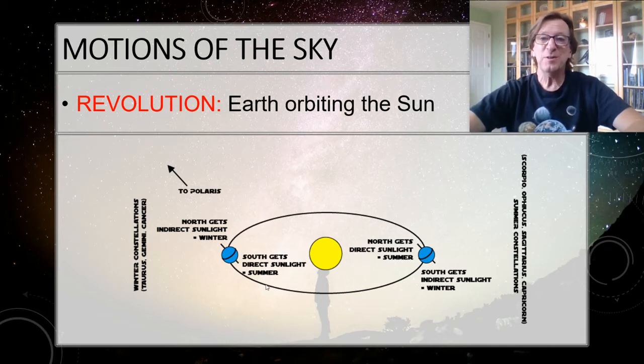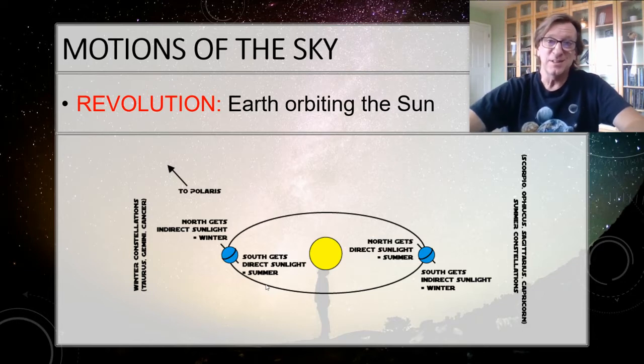So how many of you thought that you wrote down, well, it's warmer in the summer because we're closer to the sun? Yeah, not so much. We are actually very slightly closer to the sun in January. Our perihelion, our closest approach to the sun, is in January. We're actually farthest from the sun 6 months later from that. So obviously for us, January is not summertime, so that's not what's causing it.